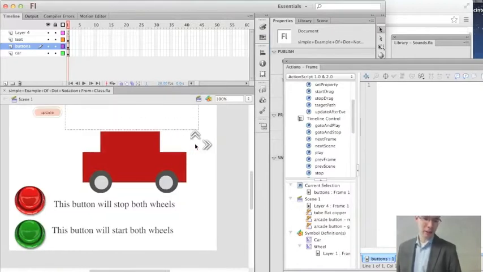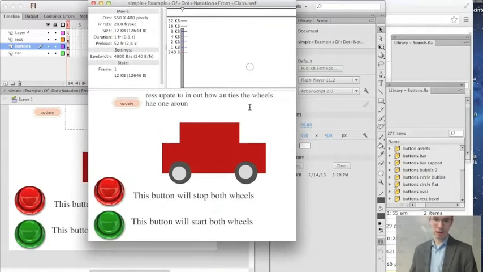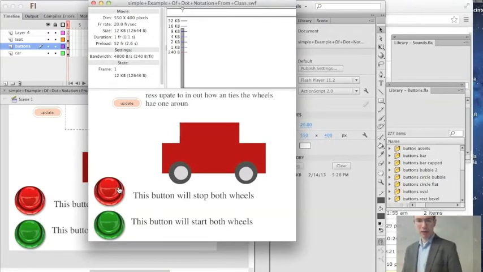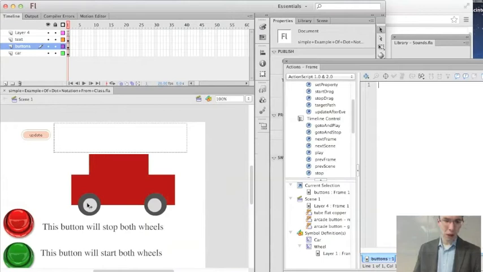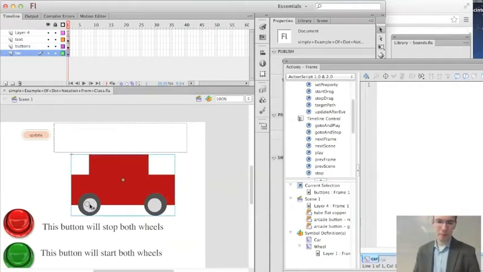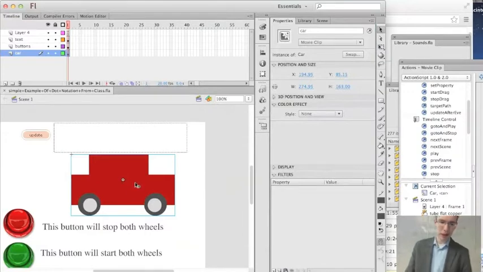So here's the FLA file. Here's what it looks like when it's compiled. And I can press this button to stop these two wheels, and this button to start them. We've also got count up here, which has a font issue from different versions of Flash, but let's ignore that for the moment. So if we inspect the FLA, we see we have a movie clip on the main stage